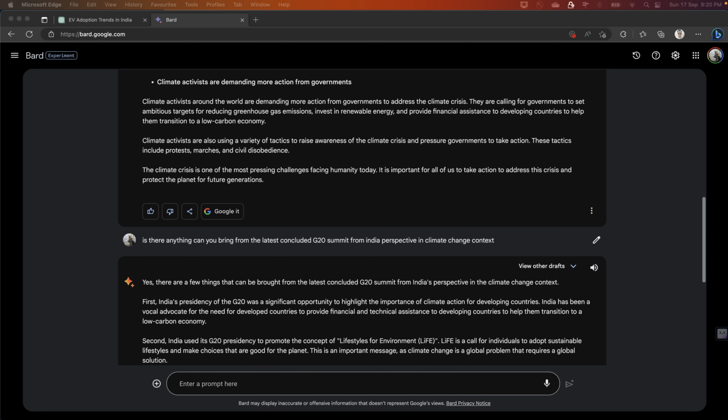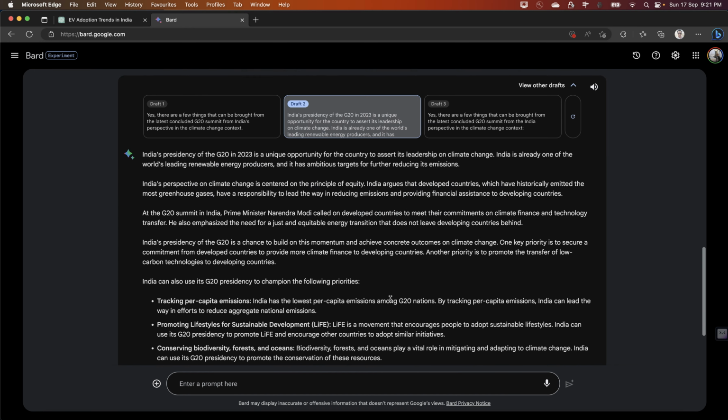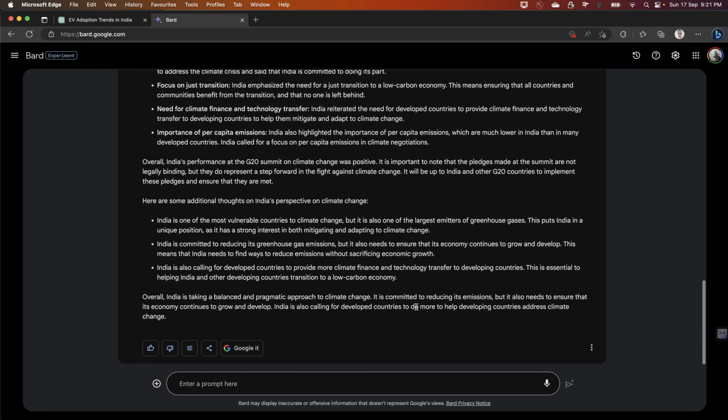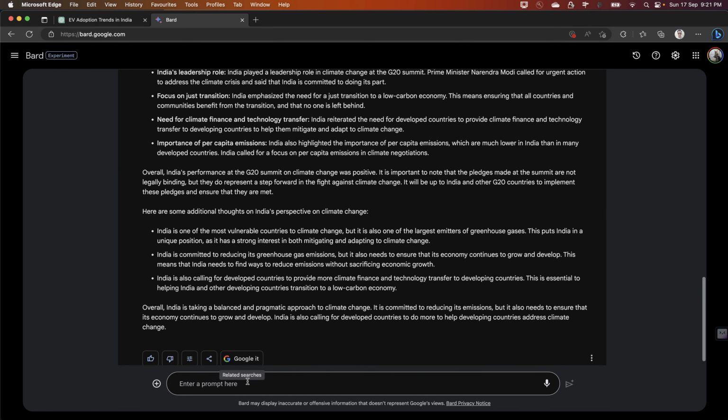And now let's try some other prompts. And of course, as I mentioned, you can see other drafts as well, and these are the drafts which you can obviously switch to in case you are not liking the first one, and you also have the flexibility of getting the third one. Otherwise you can obviously go ahead and regenerate that one, right? So that being said, let's try some other prompt.